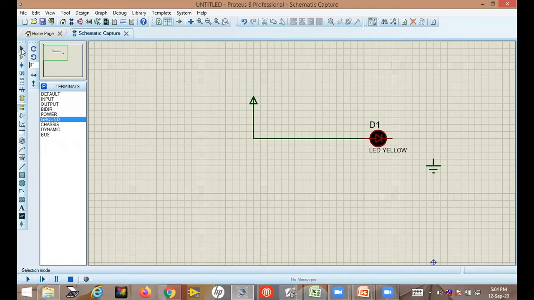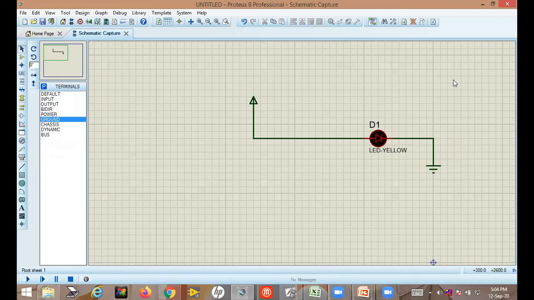Then click on arrow to deselect it. Then the default selection is wire. So from cathode to this ground I want to connect. So I'll click this ground. Then move your mouse through the path you want to take the wire. Then after reaching your end, again click there. Then this is the end of the connection. Okay. So this is our circuit.